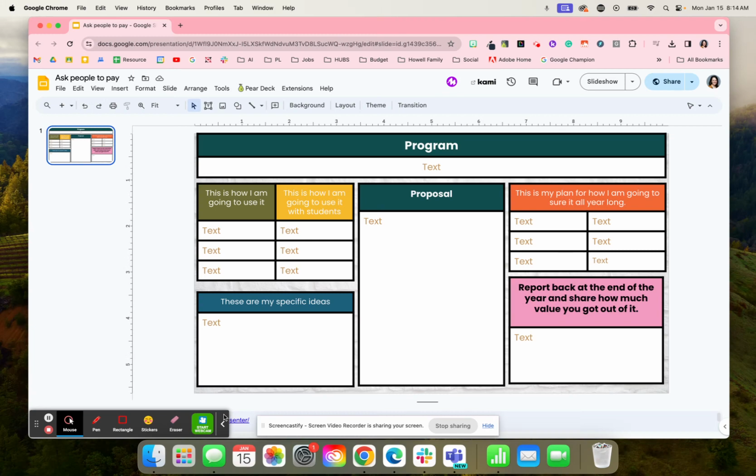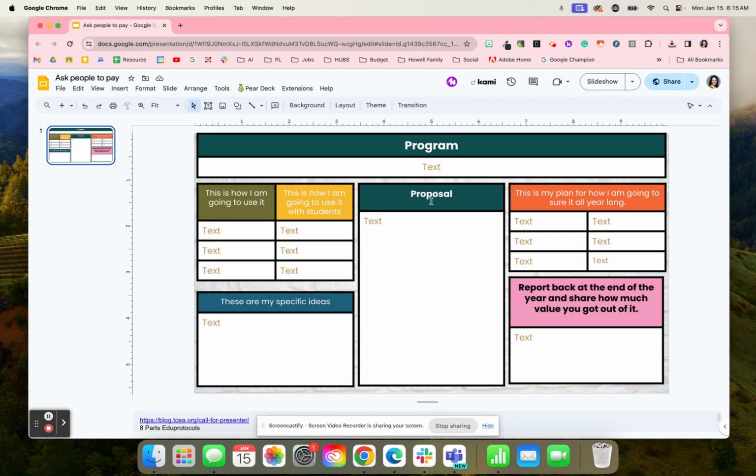I was listening to a podcast and Alice Keeler was talking about how sometimes when we ask for things that we need money to pay for, we don't always add the justification behind it. And so when I was listening to her talk about this, I created this graphic organizer using the 8 parts Edu protocol to kind of help my brain wrap myself around, okay, how do I write up a really good proposal when I need some funds in order to fund some type of project that I might want to use